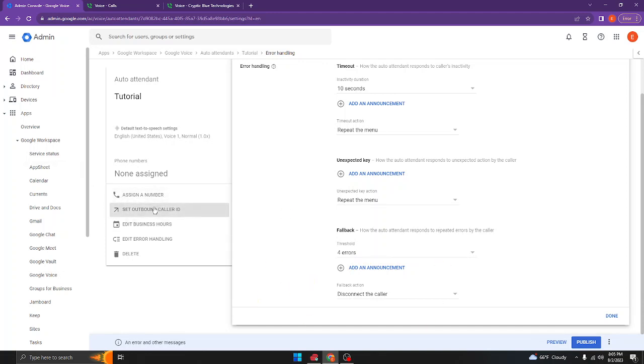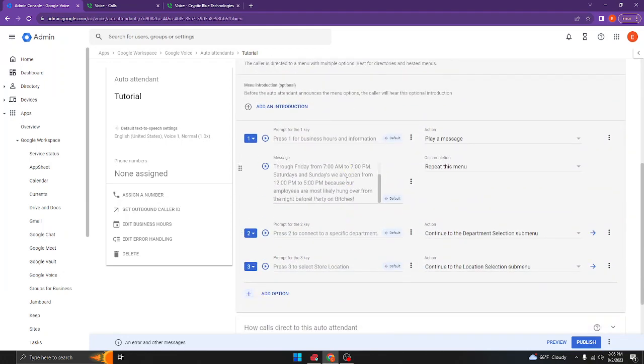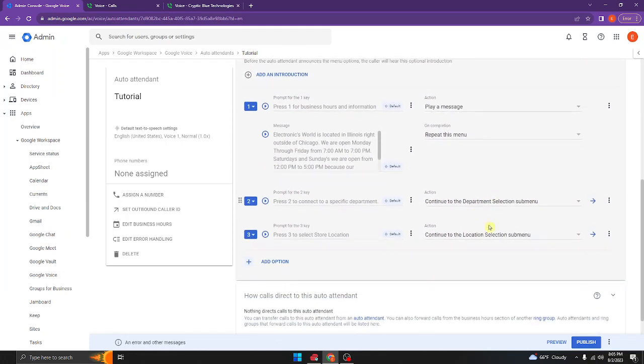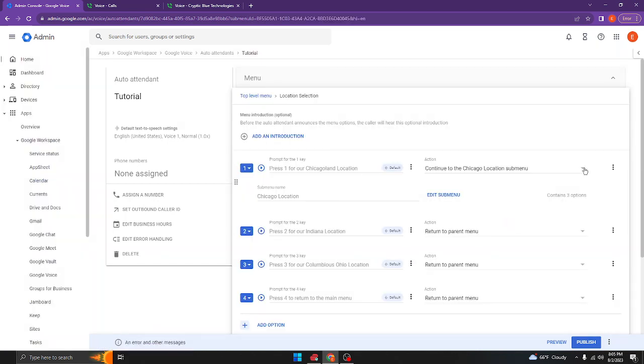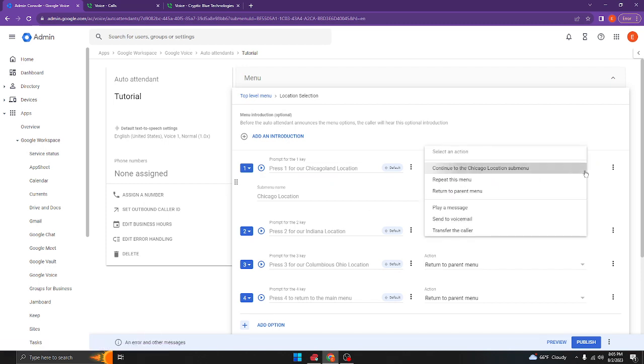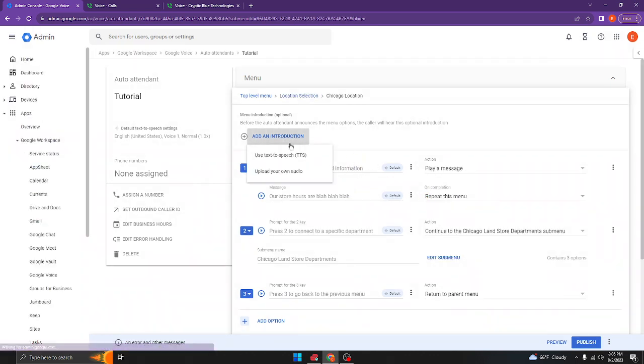It's very monotonous. You gotta create each menu. And what I should have done actually, for the Chicago menu, I really should have added an introduction saying,